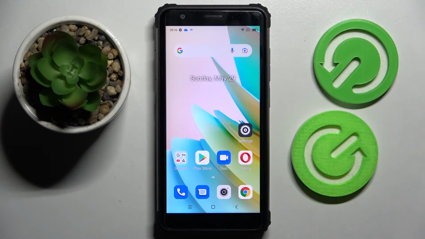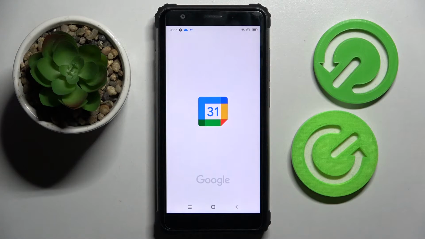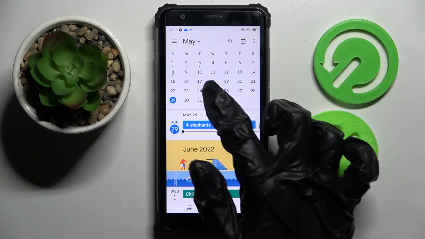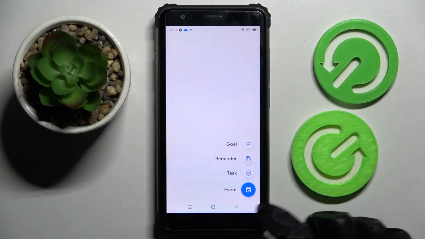BV6600E, and today I would like to show you how you can add an event to the calendar on this device. First of all, you need to find Calendar and click on it. Now tap on the month above to pick a date. And when you're ready, create an event by choosing this plus icon at the bottom right corner and choosing Event over